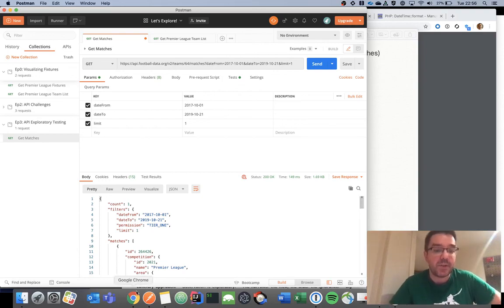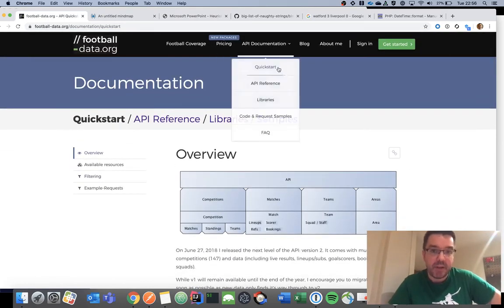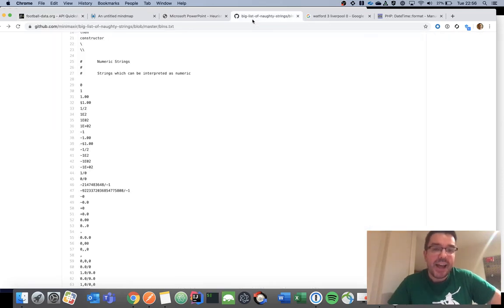Like I say, you can just go onto the Football Data website. It's really easy to just sign up and look at. Another resource that I'll link to in the show notes is called the Big List of Naughty Strings. It goes beyond what we're trying to do today because a lot of things are designed to crash systems, which we don't want to do, but